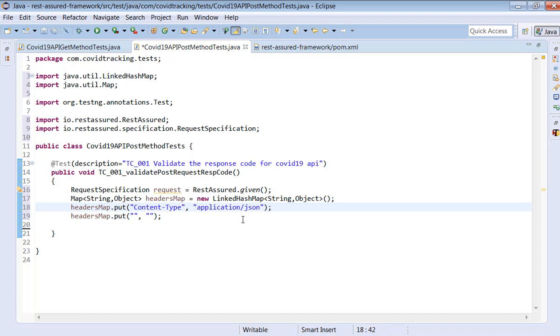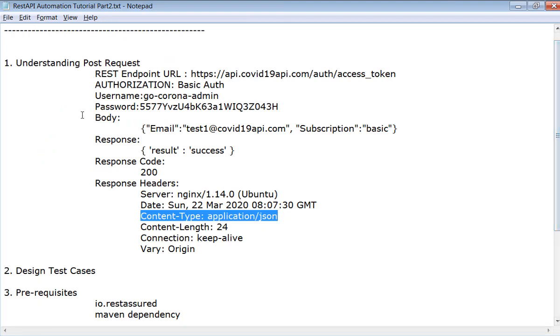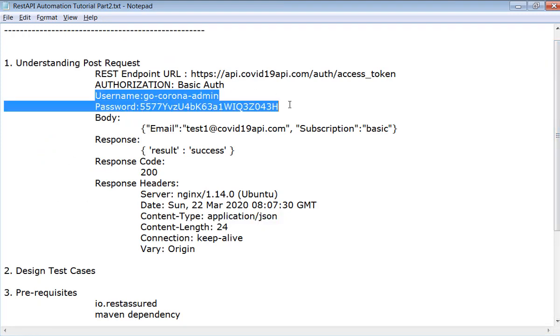Now, if you look at the information here, we have username and password. We cannot directly pass username and password. We have to convert the username and password into a base 64 encoded value that has to be passed as a header.